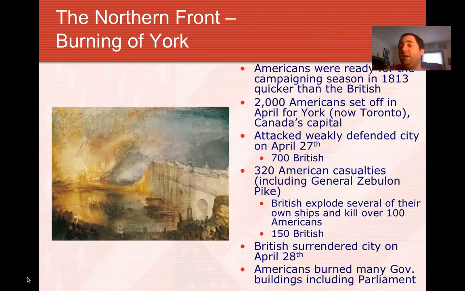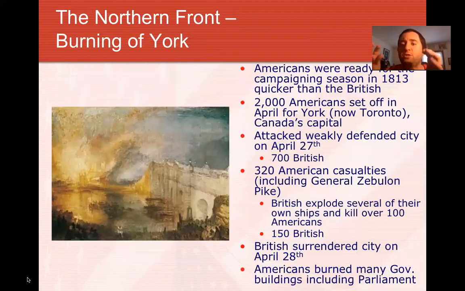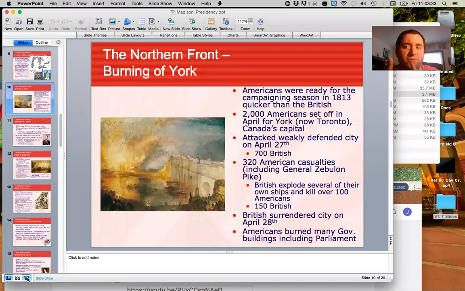So, what's happening here, guys? It seems as if the British are pushing forward. Is it at sea? No, it's at land here. So, all of a sudden, what you realize is the British are going to continue to move forward. You may have heard of this before. You should have heard this, the burning of York. So what I'd like you to do on the left-hand side is jot down, what is the burning of York?